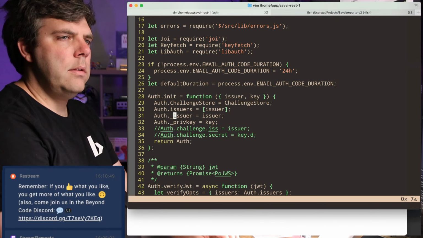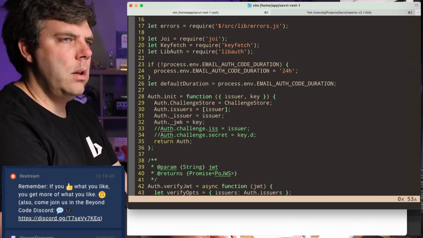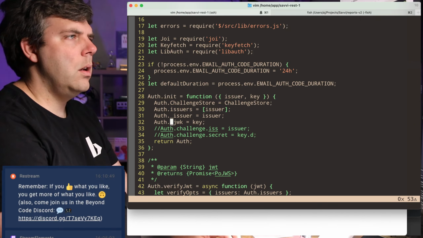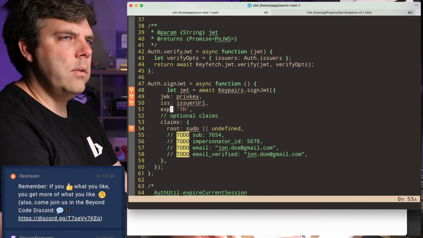All right, and then what's passed into here, that's going to be the object. Okay, so JWK is the key. All right, so I got the private JWK. I'm going to use that to create this signing function.